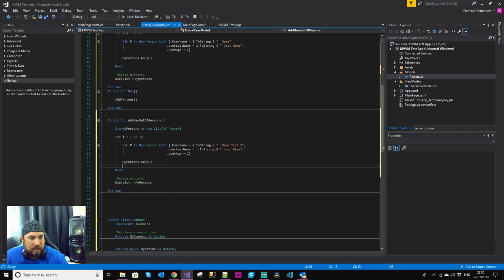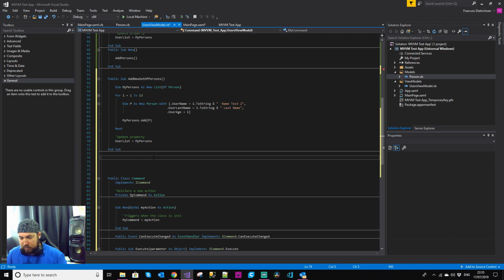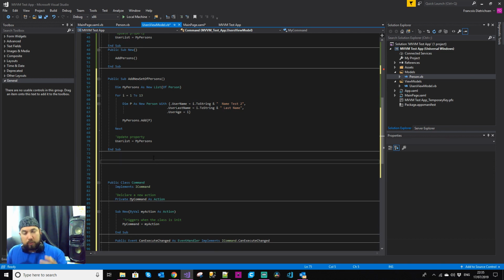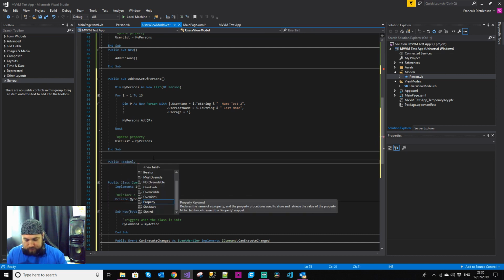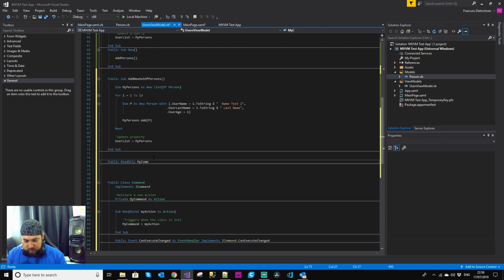So what we're going to do now is we need to have a property, because the button click, when any control binds, it binds to a property. So when the button click event is triggered, it needs to look for a property. In this case, we're going to create a public read-only property. We're going to call it my command